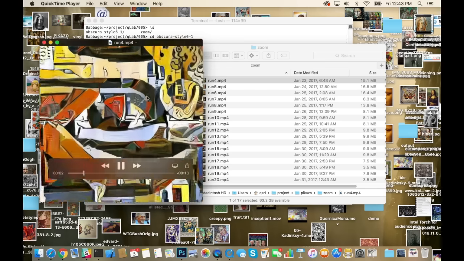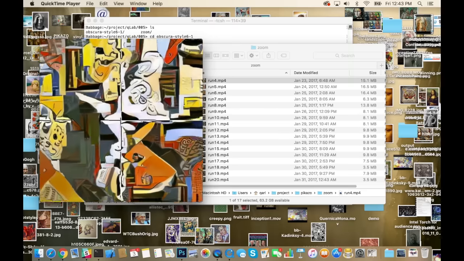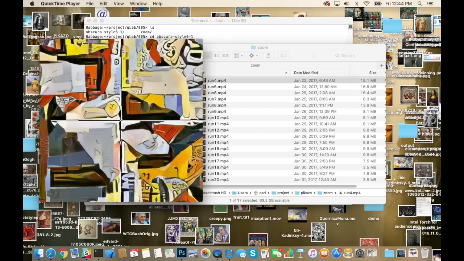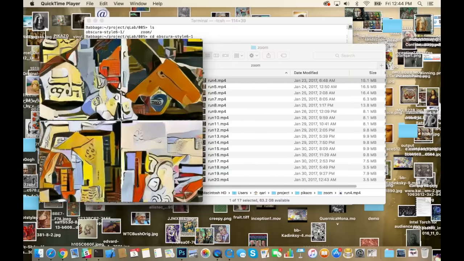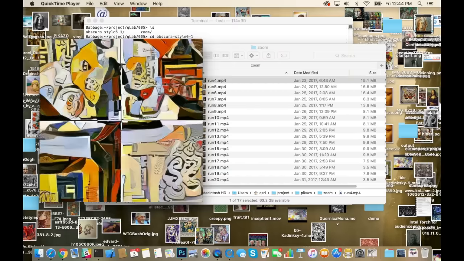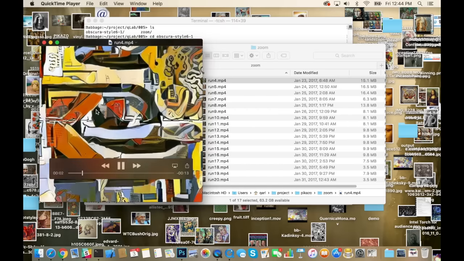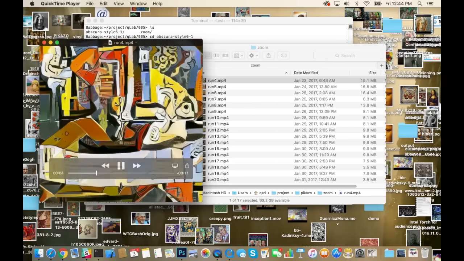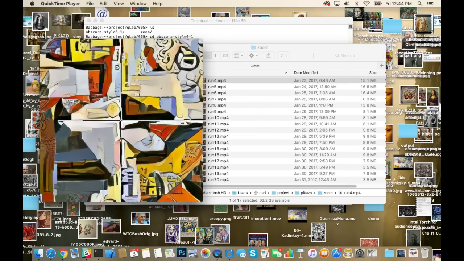Okay, so this is going in a totally new direction. The idea for these videos is you continually zoom in on a neural style render and then re-render it to see how the algorithm will affect the slightly higher resolution version of it, and it creates these cool,